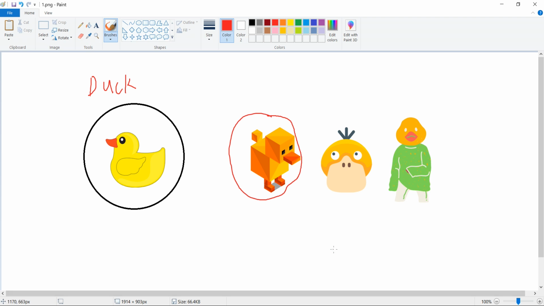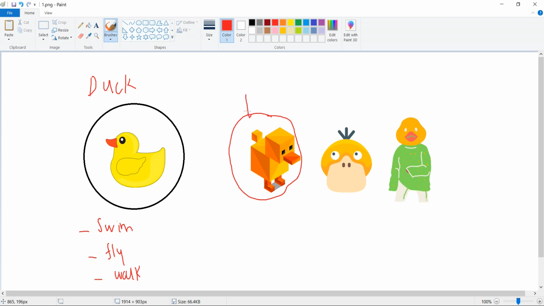It is not a real duck, but it can be considered a toy duck. Before that, this real world duck can swim, it can fly sometimes, and it can walk also. So these three things are exhibited by this real world duck.